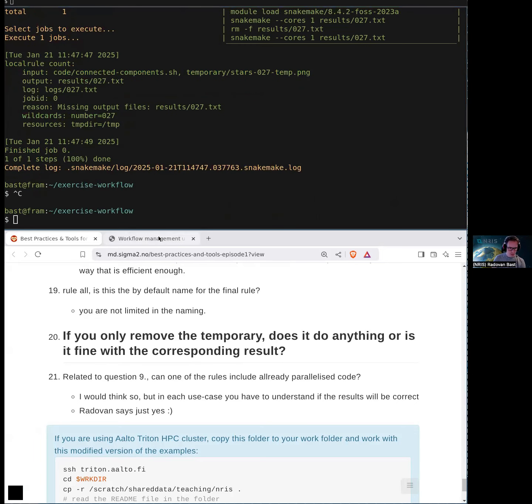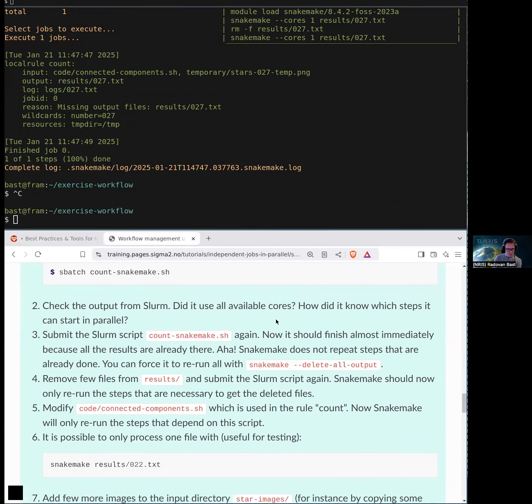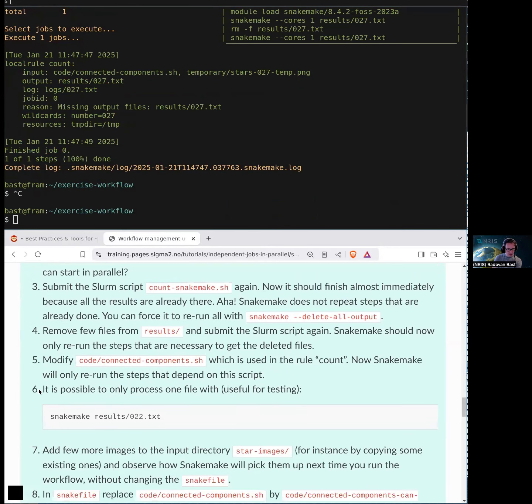I want to show you a few more interesting things with Snakemake, and that is, we did 4. What if I now realize I made a mistake in the script? And this is the script for the second step. Now, if I make a modification here, we will see that it will not run everything again. It will only run the second step. So if I modify the script,